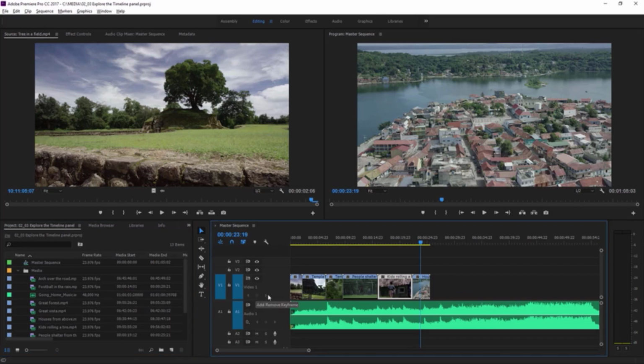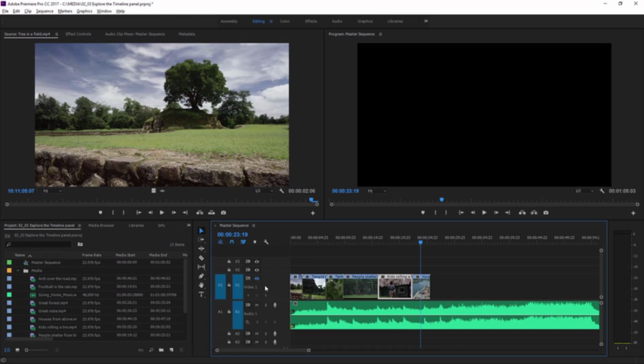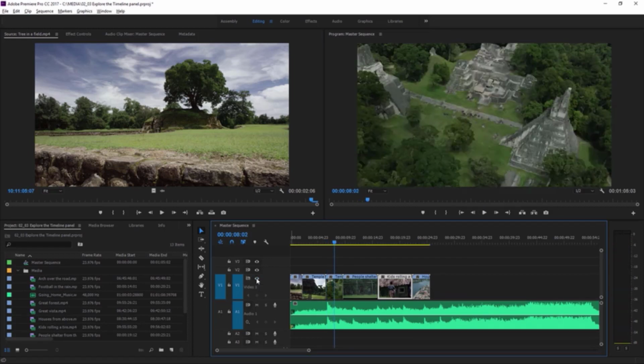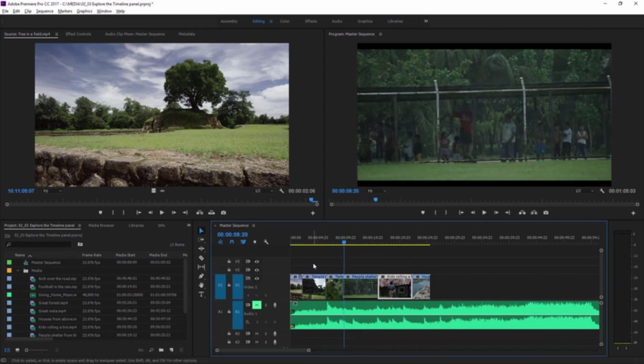Each video track in the timeline panel has a track output option. Here I'm just clicking the eyeball to turn off track output for video 1. And now I'll still get the music if I play, but none of the pictures. I'll just click that button to turn the track back on. You also have a mute option for audio tracks. If I click this M for mute track and play, I'm pressing the spacebar now, no audio. I'll turn that back off,